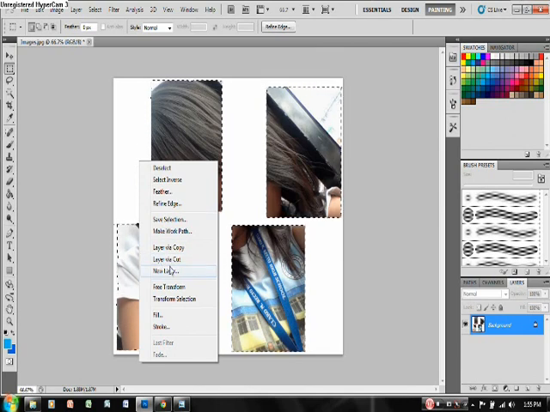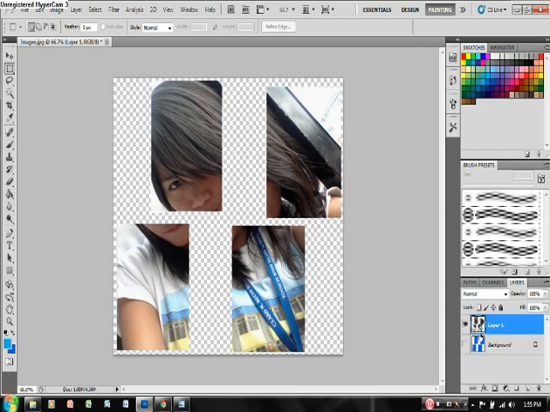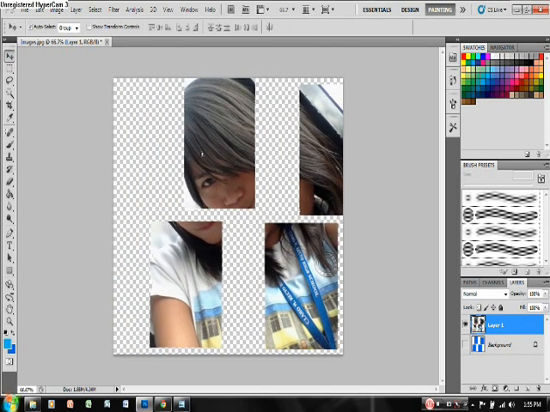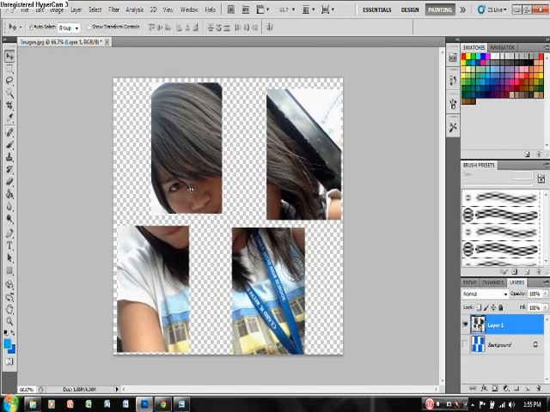Okay, when you close the original background, you can see the pieces of the picture. When you move that, see, only the pieces are already selected.